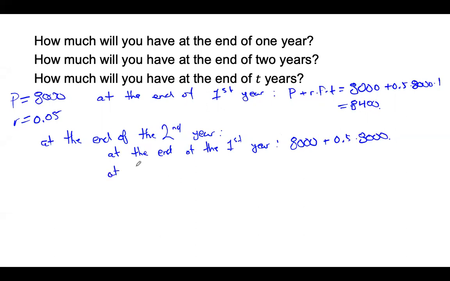So that was at the end of the first year. And then we take that amount and we're going to earn interest on that amount. So at the end of the second year, we're going to have